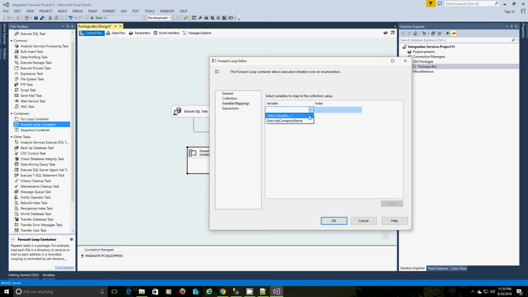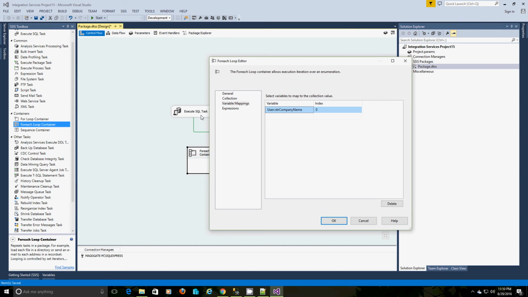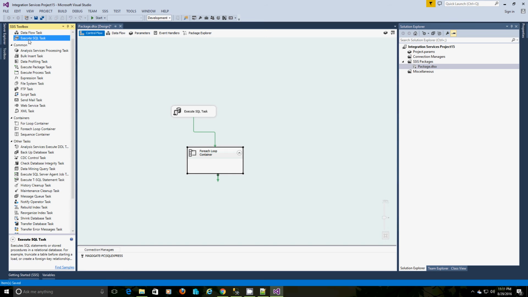That value we are going to store in a string variable, str company name. So each value which we get from the earlier task in the form of an object will be stored in the string variable. Now based on this value we'll execute another query, and to do that we have to add a data flow task.